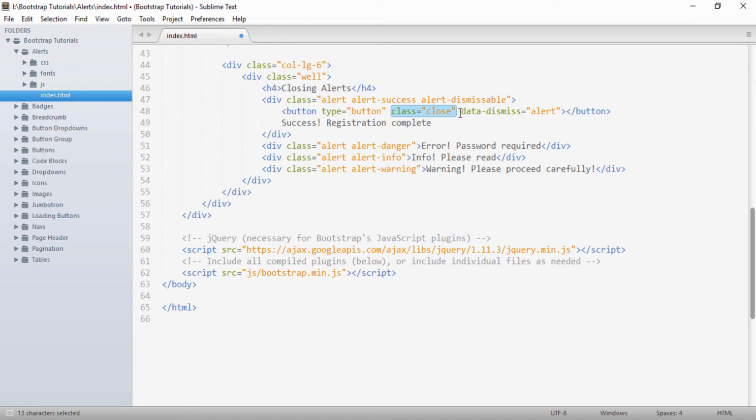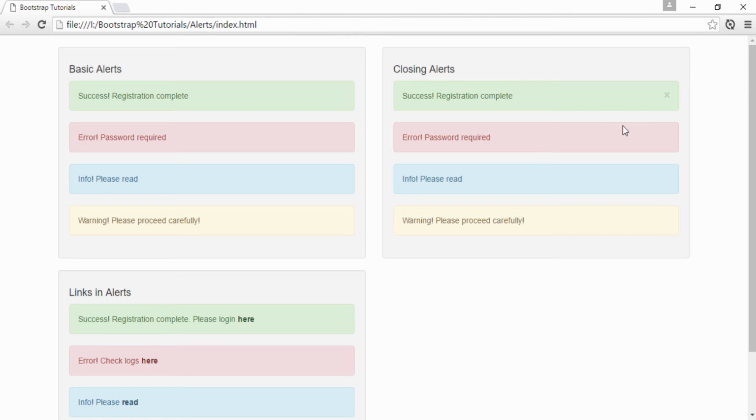So the class close and the attribute data-dismiss will be applied to this button so that it comes out as a closing button, and the value to it would be ampersand times semicolon. So if I save it and go to the browser, you can see a small button comes up here, which signifies it's a closing alert. This cross comes by the value ampersand times semicolon.